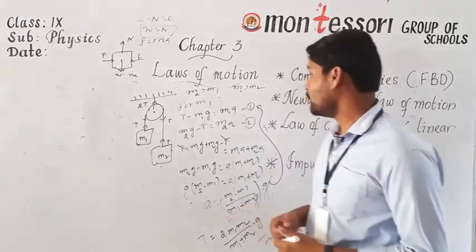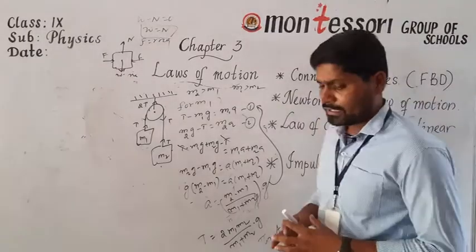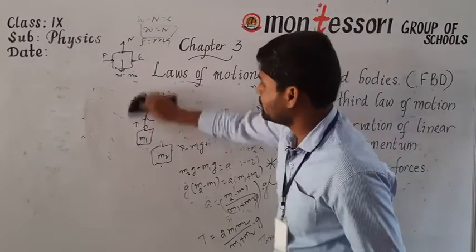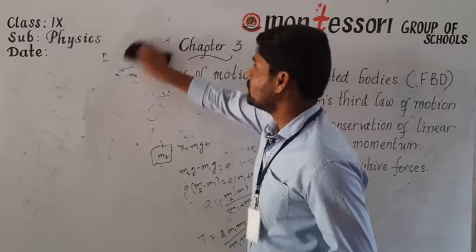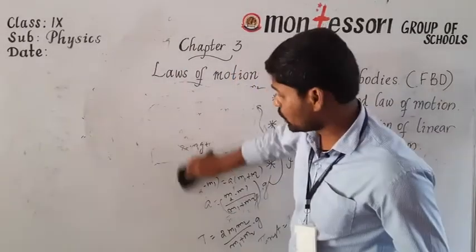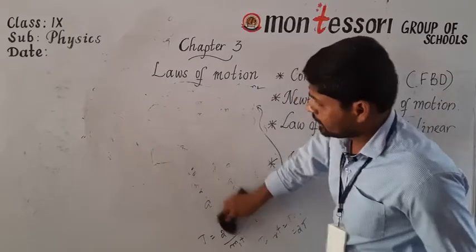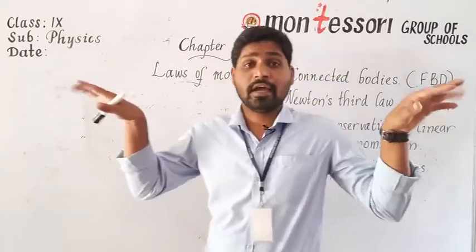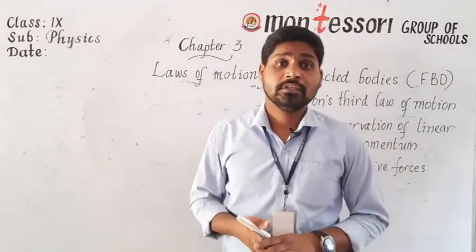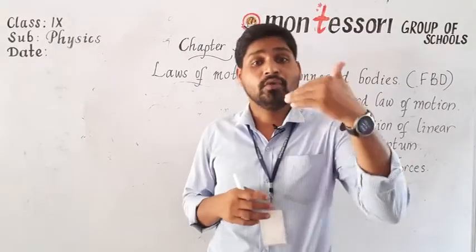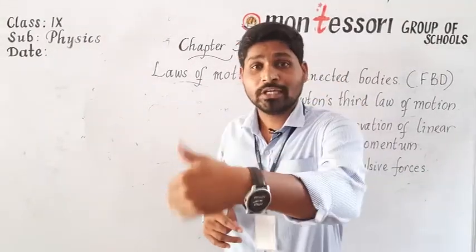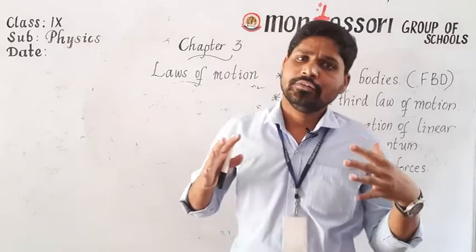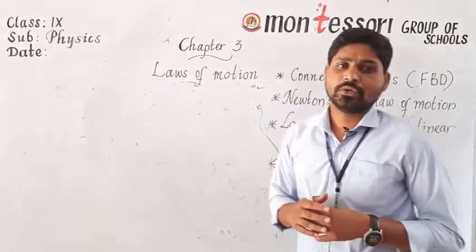The next one is Newton's third law of motion. Newton's third law of motion has many applications in our day-to-day life. For example, we launch rockets into space, that is based on Newton's third law of motion. Fish swim in water and birds fly in air because of Newton's third law of motion. We walk on the road because of it. Whenever you kick a stone, you feel hurt, because of Newton's third law of motion. Is it clear? For all this, we use Newton's third law of motion.